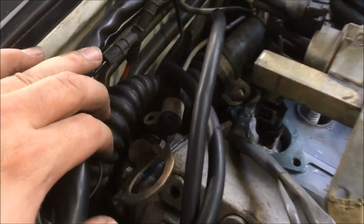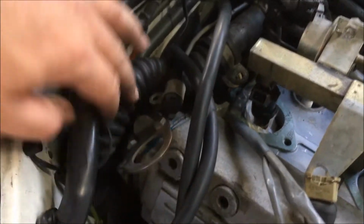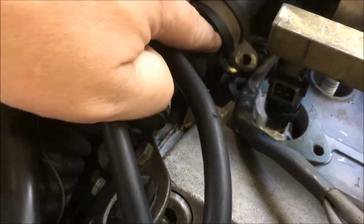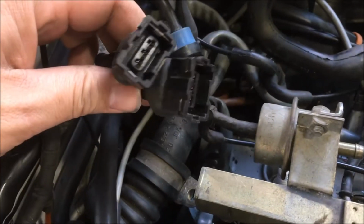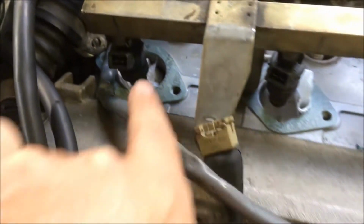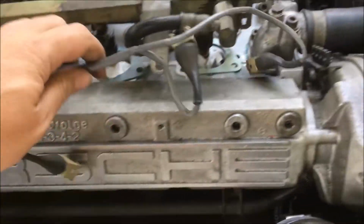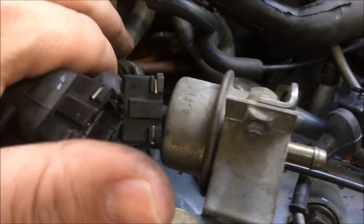So alright guys, before I put all this back together, I thought I'd show you how the wiring is routed. You can see here this later car has the wiring harness come out of the passenger side firewall, and you got a clamp here that goes on that rear bolt of the intake there. Next you have some grounds that go down and connect to the bell housing, and here are the speed and reference sensor plugs. If you continue this way here, then you'll have the injector harness going back down to this